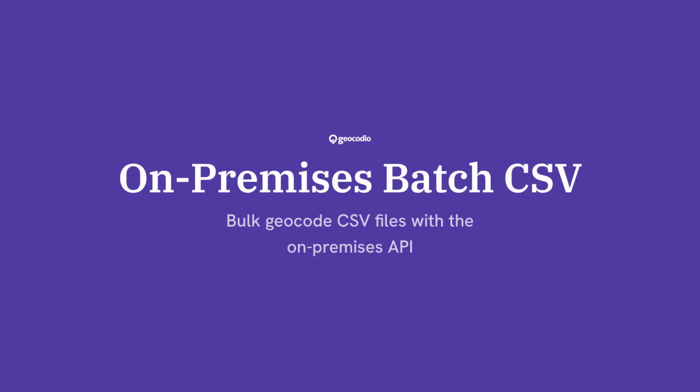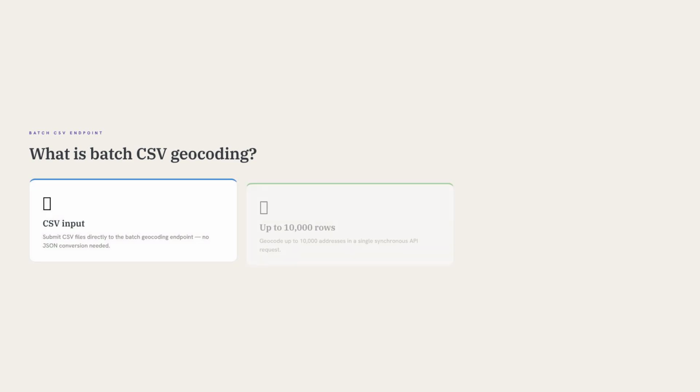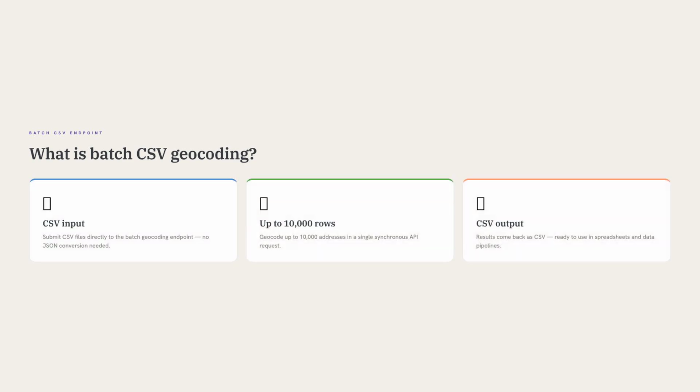In this guide, we'll cover the batch CSV endpoint for Geocodio On-Premises, a way to bulk geocode CSV files directly through the On-Premises API. On-premises customers can use the batch geocoding endpoint to submit CSV files of up to 10,000 lookups at a time. This is in addition to the existing JSON support, so you can send CSV input and get CSV output without